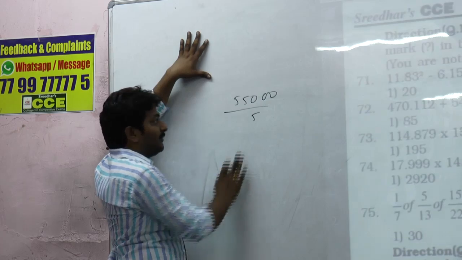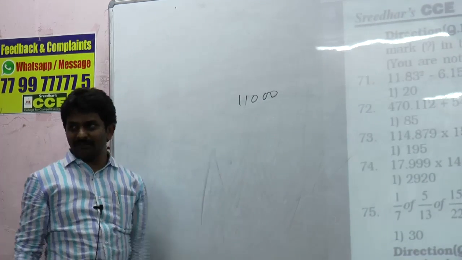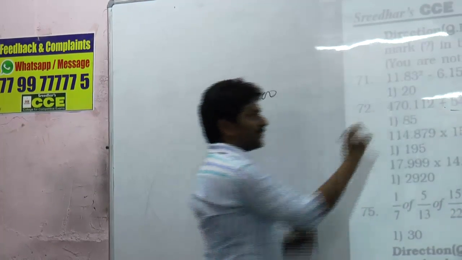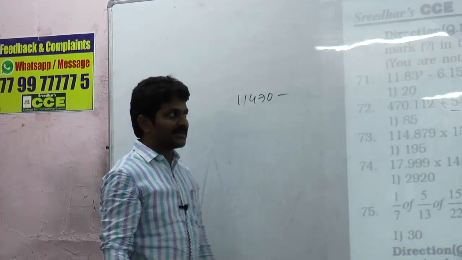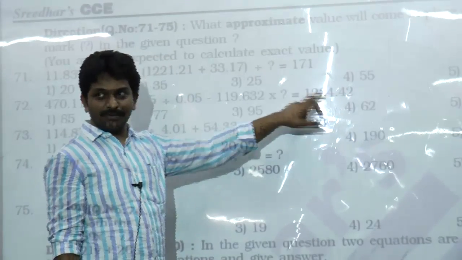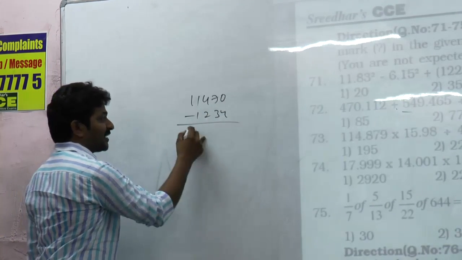Divided by 5 I have. 5 how many times? 11 times. That is 11,000. This part is over. Plus 470 I have. 11,470 minus x goes to right hand side, that becomes plus, and this value 1234 comes to left hand side, that becomes minus 1234. That is